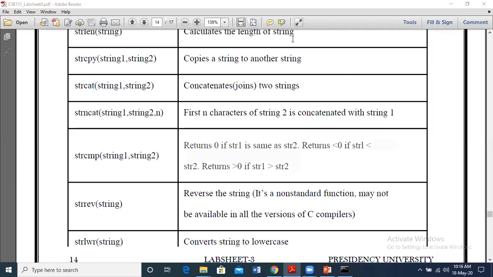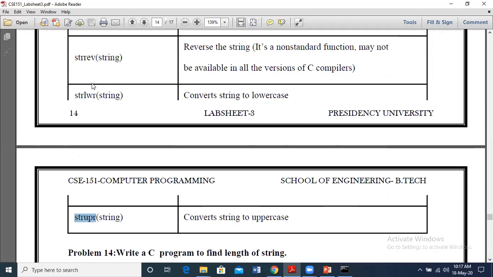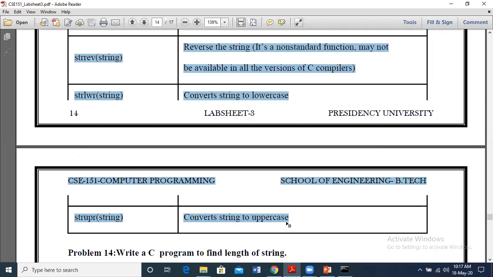So the next part is we will see how to use these functions. We just saw the definition and the syntax. These are defined by certain compilers. String reverse, string lower, and string upper are defined only for a few compilers, so they are not available in all compilers. But it is there in some of the compilers, in some versions, so you can try that in the version which we are using. Let us see one by one how to use them.